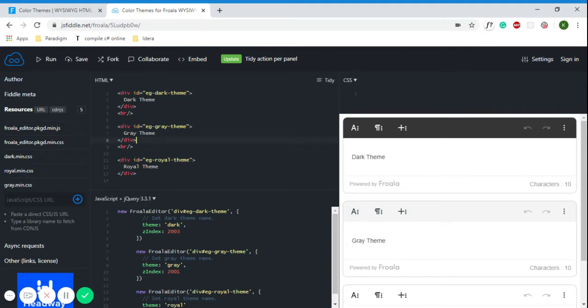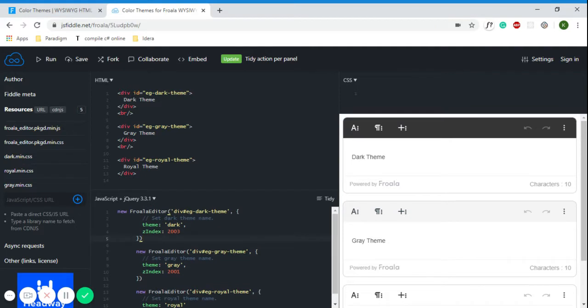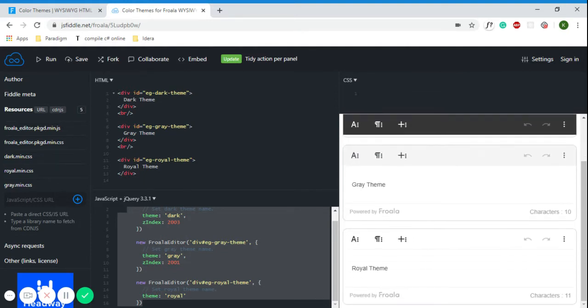So this is the HTML area, this one is CSS, and this one is JavaScript. So I have mentioned the themes here: dark, gray, and royal. And I have mentioned this as well here inside the HTML area. So by doing this, you will get the output like this. This is the dark theme, this one is the gray theme, and the last one is royal, which is white